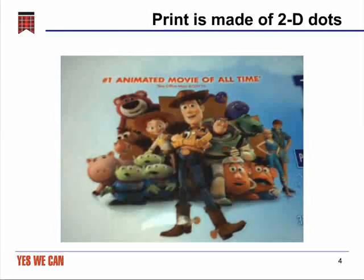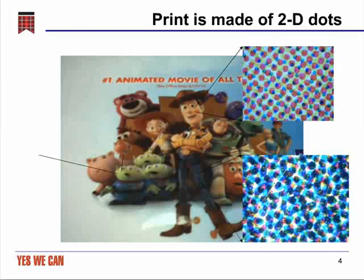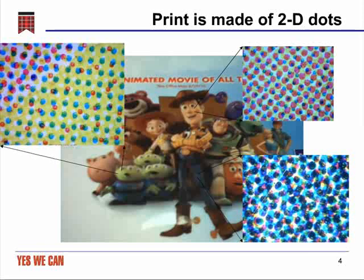Now, let's talk a little bit more about print. Print is a two-dimensional medium. And so when you're looking at a package or anything that's printed with a halftone image, you're looking at a print that is created by the position, the color, and the size of little dots that are overlapping one another. But it's fundamentally a two-dimensional problem that you have to solve. As long as you have the right size of dots, the right color, and they're in the right places, you'll